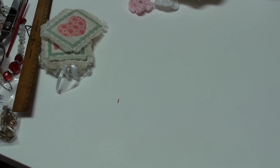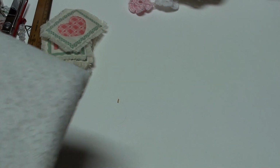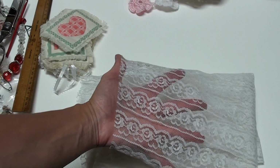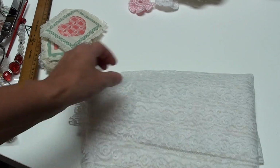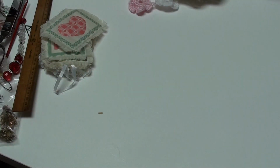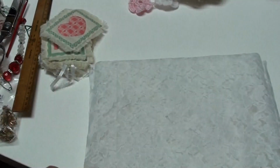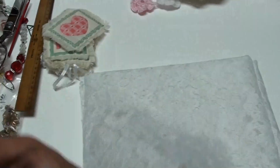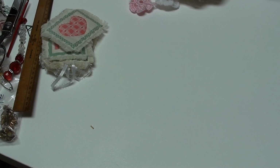Let's see. So there was that one, and then there was this one. If you can see that, it's one big thing of lace, like you buy by the yard. And then there was this one, but this I've seen before, so that was in there. Okay, so